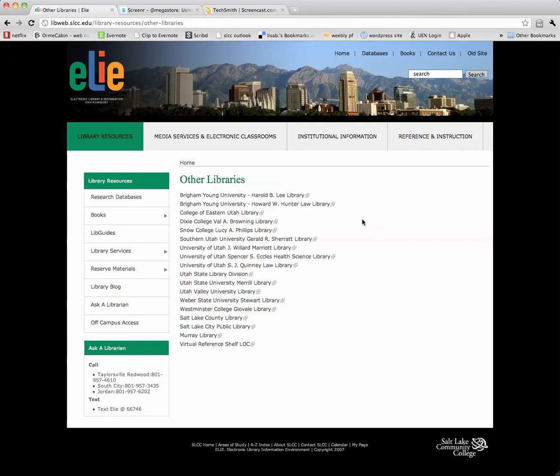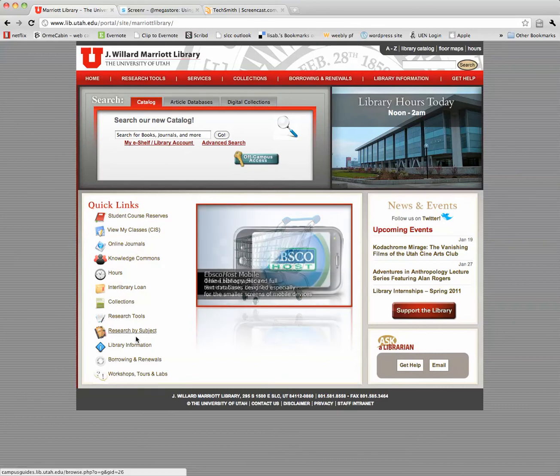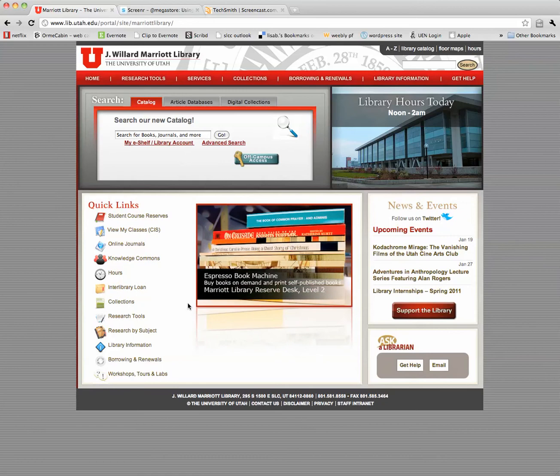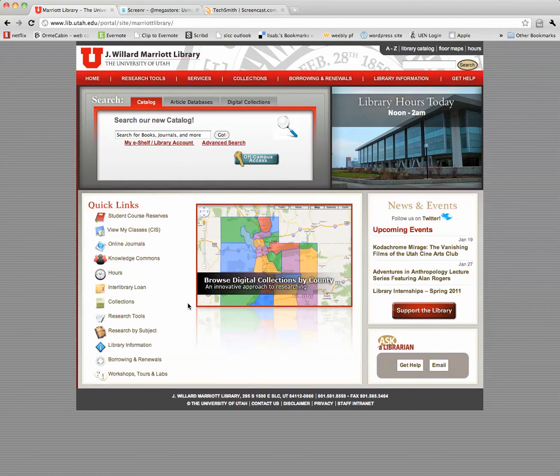Now, one thing that is very valuable about this is that it allows you to click through, for instance, to the University of Utah's library, its main library, the Marriott Library. Now, here you have all kinds of access to what's in that library, and if in fact you wanted to go to another library to put your hands on academic journals or look at their larger holdings, they have larger holdings simply because they are a university and they're funded to have a major research university library. You can do your work ahead of time. You can find out what they actually have before you go up there to find that they don't have what you need, or you are having a hard time finding it.